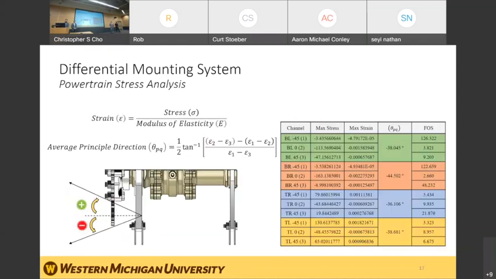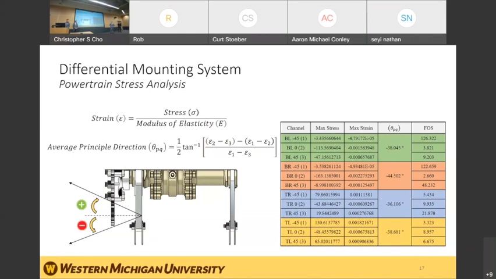So we recorded data during our dyno runs and analyzed it using Excel. From this data, we took the max stress at each different location. For example, BL would stand for bottom left, and at the 0, 45, and negative 45 directions as well. From that, the maximum strain was calculated using this equation here, and the average principal direction was calculated using this